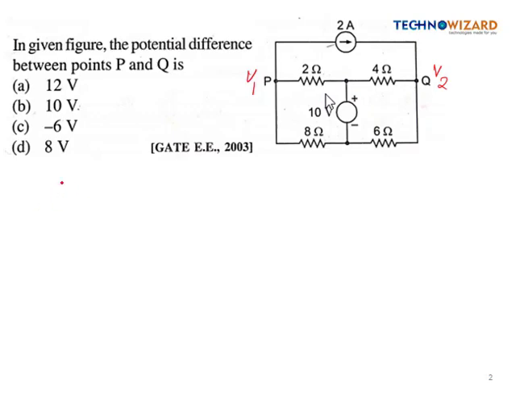So whenever there is a voltage source, suppose this is VA and this is VB, and suppose this voltage source has a value of 10 volt, right? So always we represent this voltage source as high potential minus low potential is equal to voltage source value,